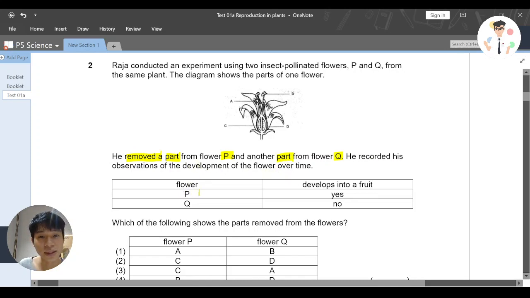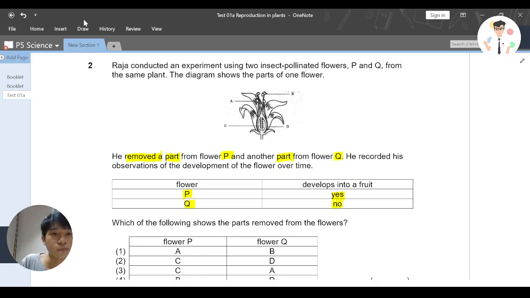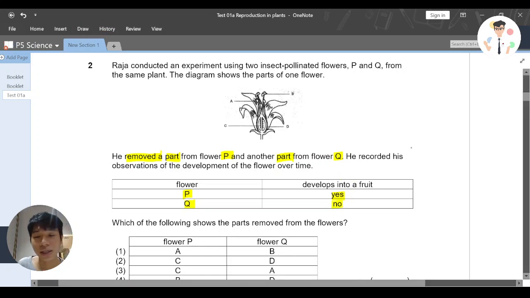P develops into a fruit, and Q does not develop into a fruit. So if P develops into a fruit, it means that the part Raja removed